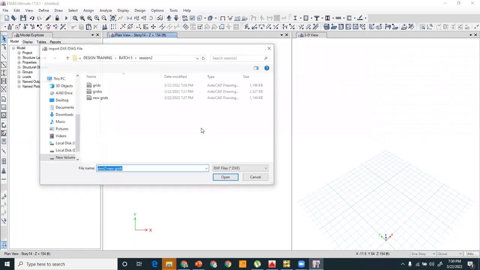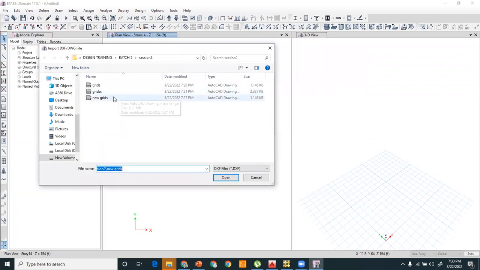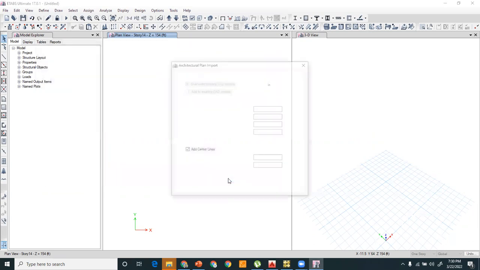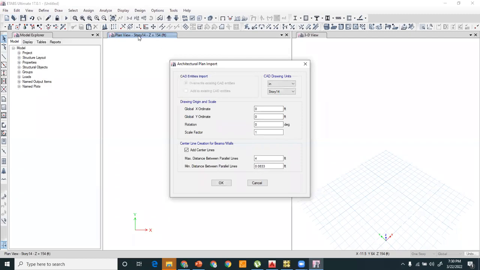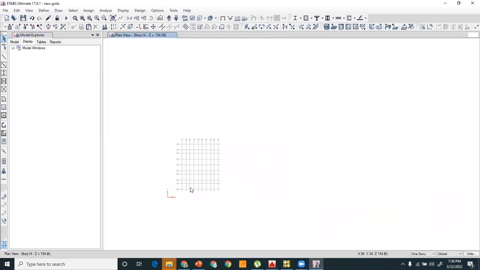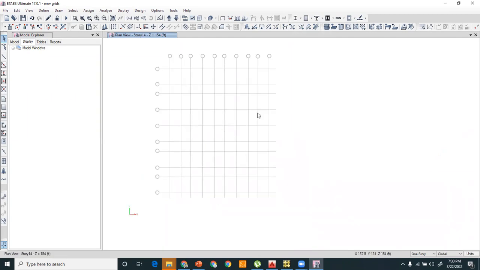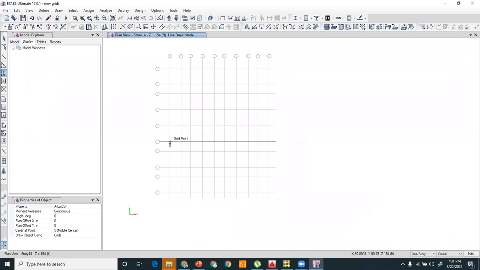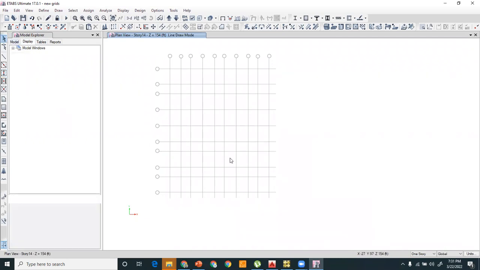This is the architecture plan. And now again I have saved the same grid lines as a new grid lines, click on open. And I have opened this 14 story. So you have to select this 14 and click on OK. So now you can see that this grid line has been imported from the AutoCAD into the ETABS. Right. So now you can draw your columns, beams using these file as well,